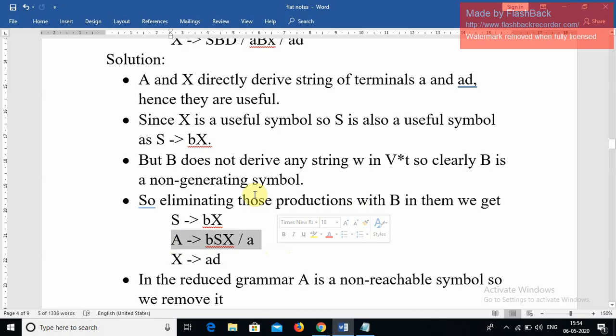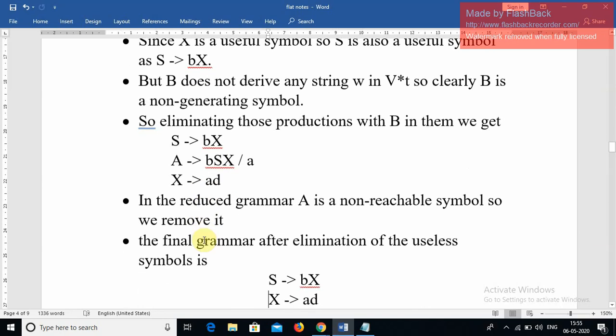Useless symbols are nothing but two types. One is non-generating symbols, the second one is the non-reachable symbols. So till now what we did, we removed B as a non-generating symbol. Now we can remove A. Why? Because it is a non-reachable symbol. So after removing both